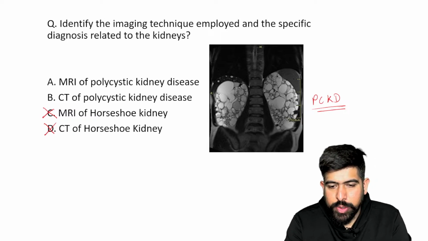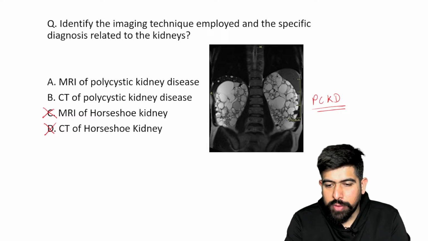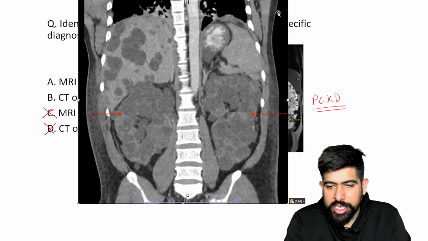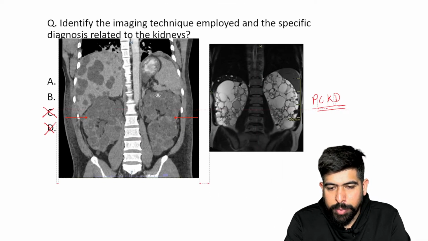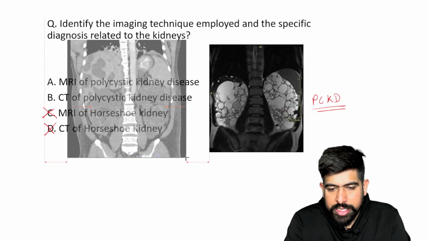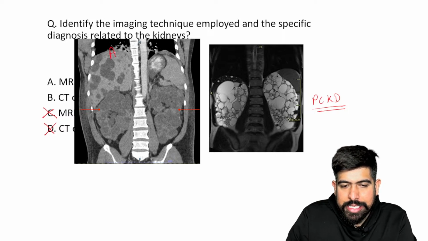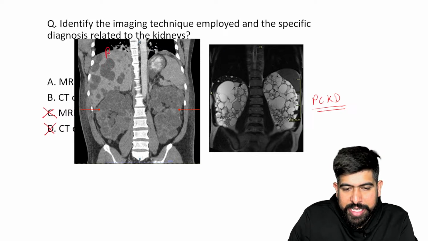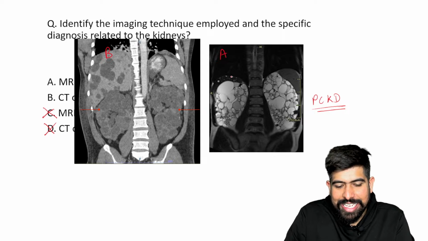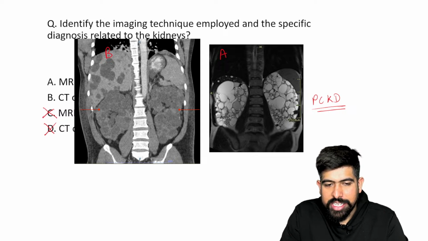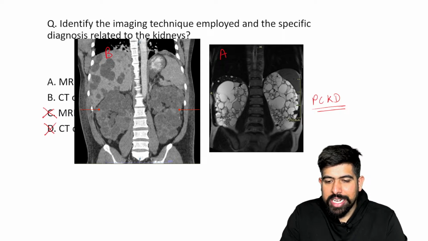Very good. As you are answering very well, I'm going to cover up both of the images and then cover up the things which are clearly seen to you. I'm putting both of the images and then I'm going to ask you about it. Now tell me, this is image A, and this is image B. Sorry, I made a mistake. This is image B, this is image A. Now tell me, which is the CT, which is the MRI? Now I think you can diagnose it clearly.